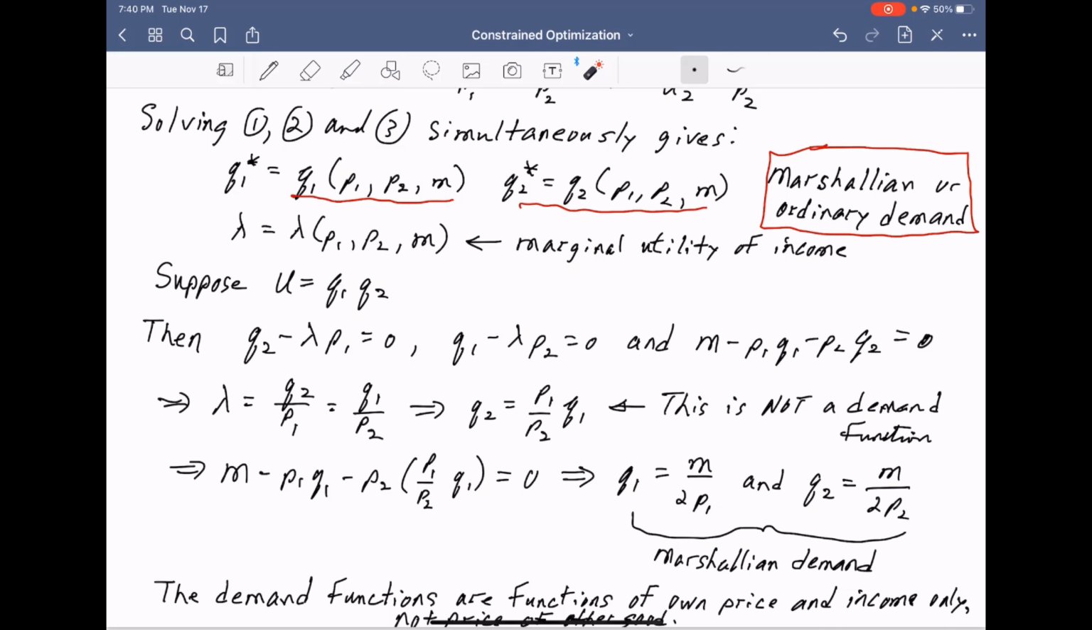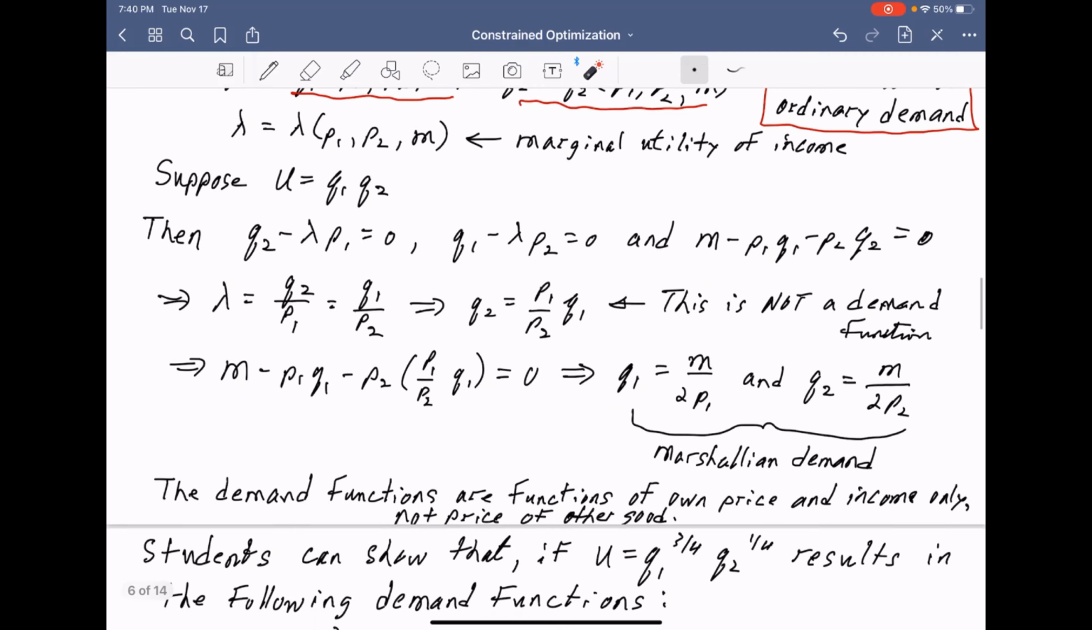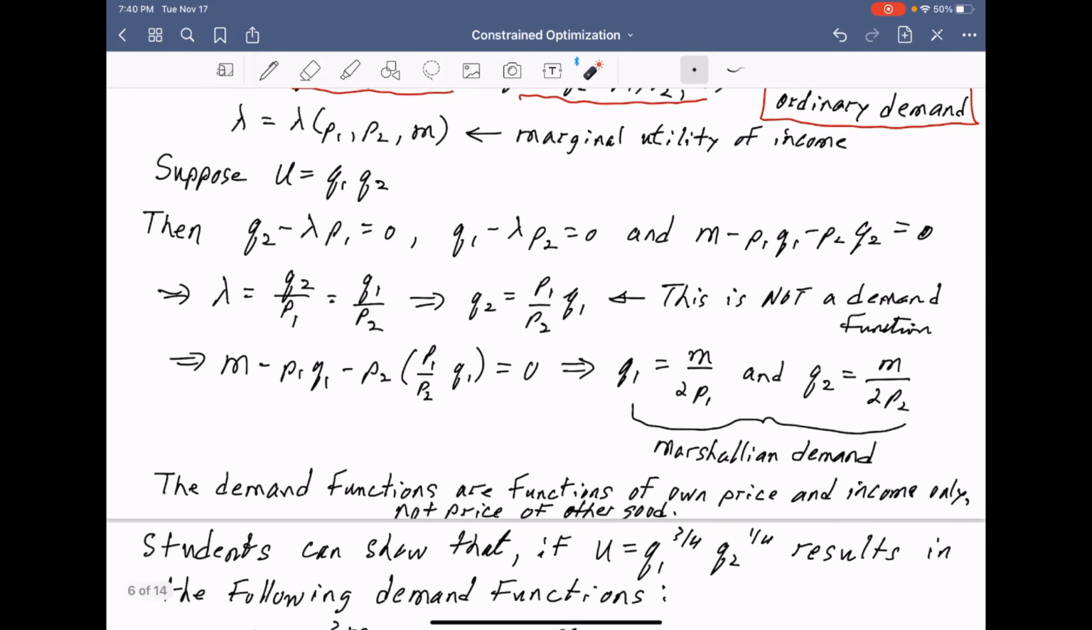These are the Marshallian demand functions, but notice that there's a special thing here. Q1 is a function of its own price. In other words, if this price goes up, the amount of Q1 we buy goes down. And the same thing with regards to Q2. If P2 goes up, Q2 goes down. If M goes up,